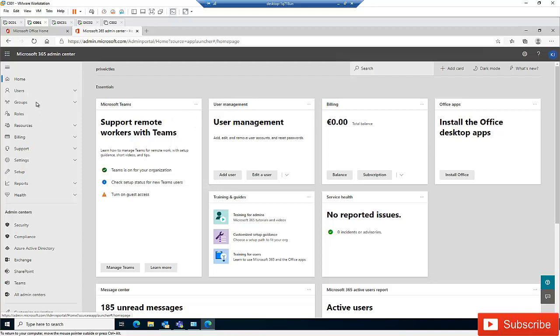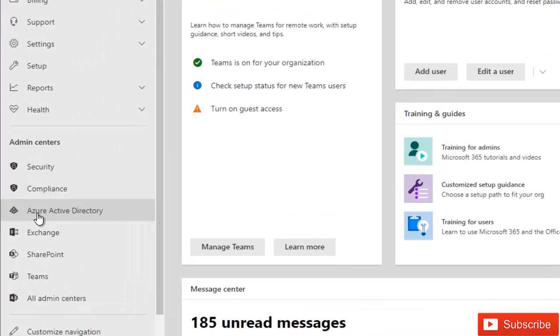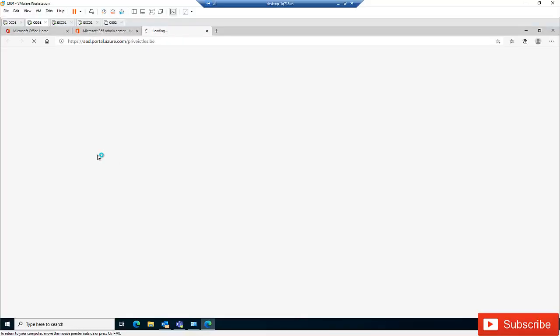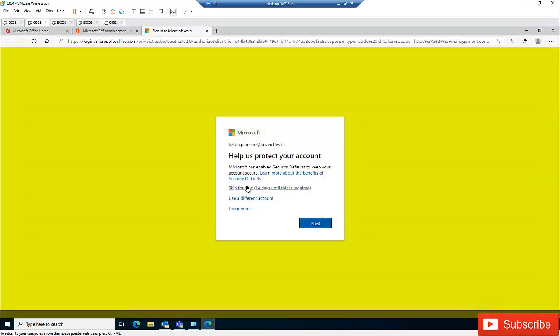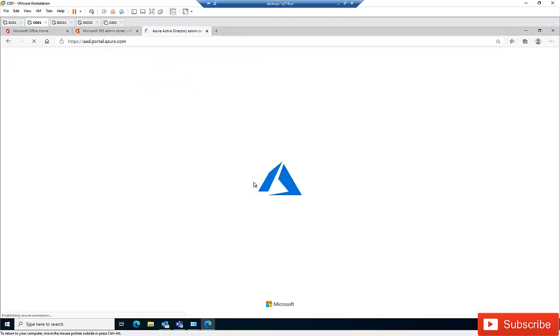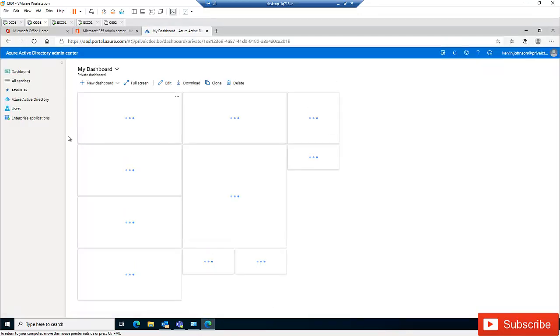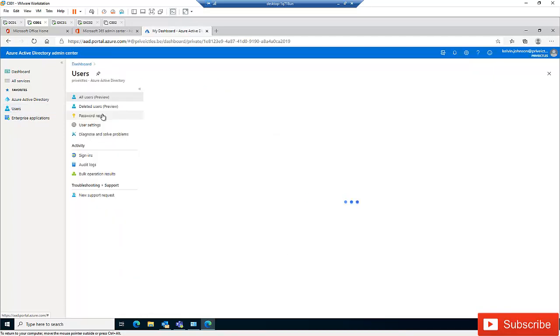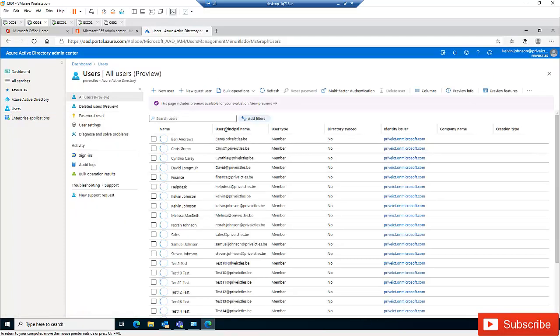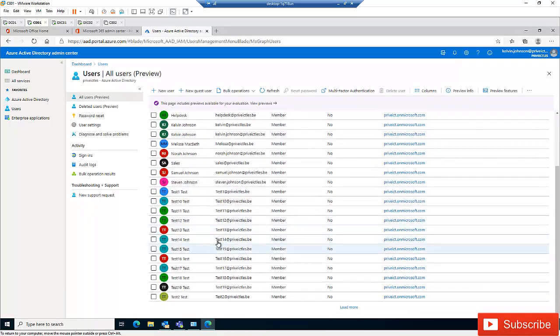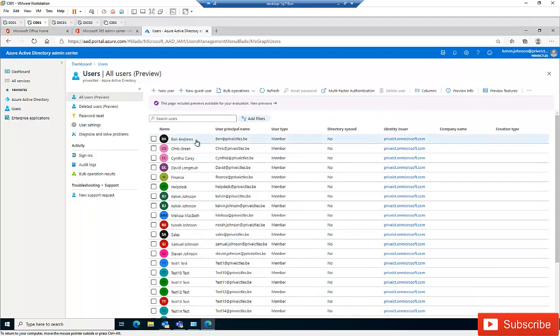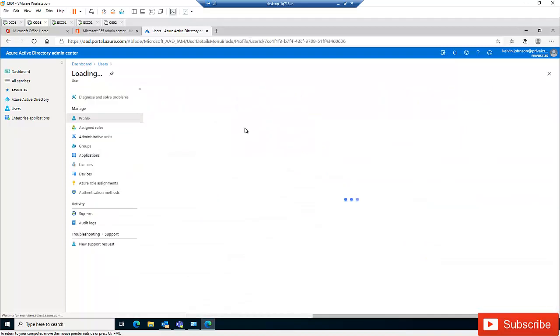So let's say you log into your Office 365 admin center and you scroll down to your admin centers. Here we have the Azure Active Directory. So click on Azure Active Directory, and I'm going to skip this for now. And here you click on the users. So all your users will be listed here. So right now, let's say I want to change the password of Ben Andrews. So if I click on Ben Andrews, double click on it,